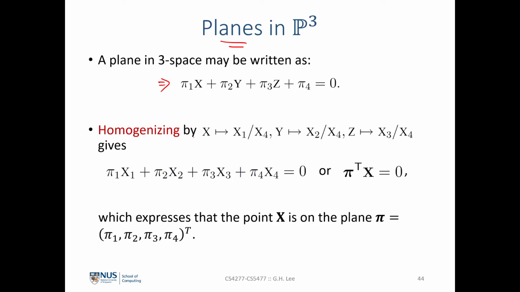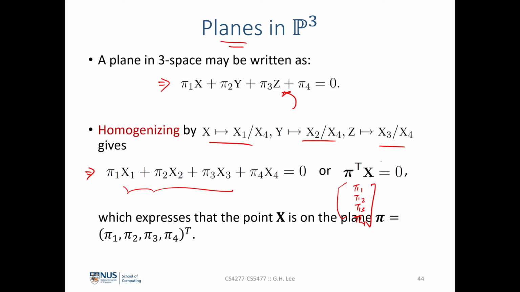And homogenizing this would simply be dividing x by x4, x1 over x4, y as x2 over x4, and then z as x3 over x4. By substituting these three terms into this equation, this is what we will get here in the homogeneous coordinate form. And we can factorize this by putting pi 1 to pi 4 into the vector here, and then we will get this